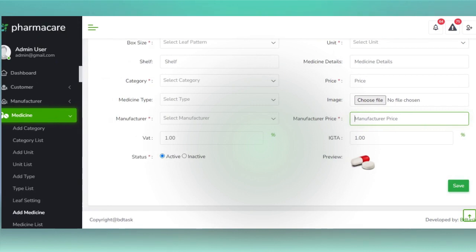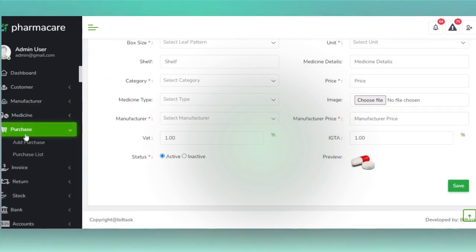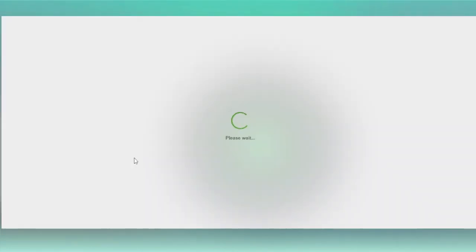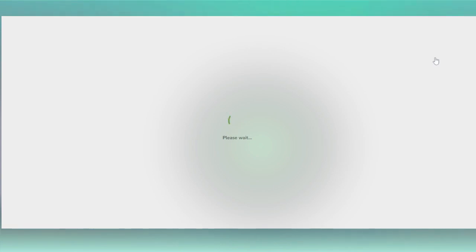Next module is the purchase module. So the purchase module is basically when you are making a request from your supplier. So this is a general overview of the purchase list that exists at the moment. To add a new purchase list or a new request list, click on add purchase, which gives you the option,